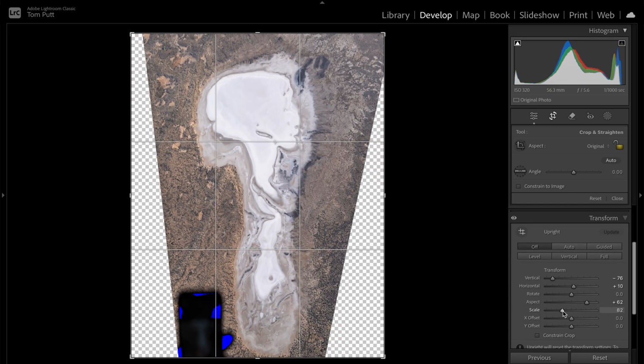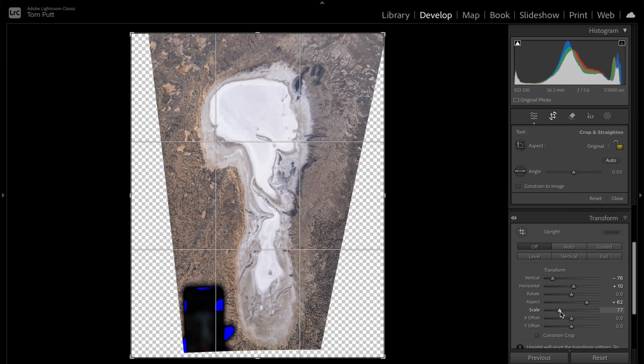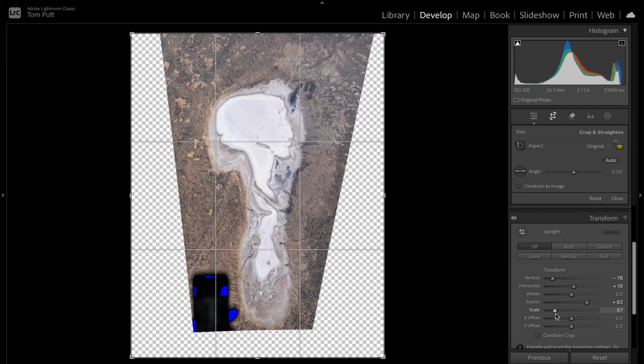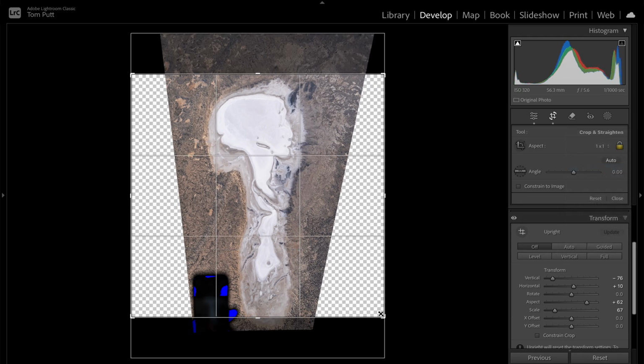And then I can now scale it. Look at this. I can scale it back and look how much more of the picture I've still got. So you can see I've done a vertical tilt, a horizontal tilt, an aspect tilt, and a scale tilt. Right. And then I can go into my crop and click 1-to-1 square crop just for Sandy,